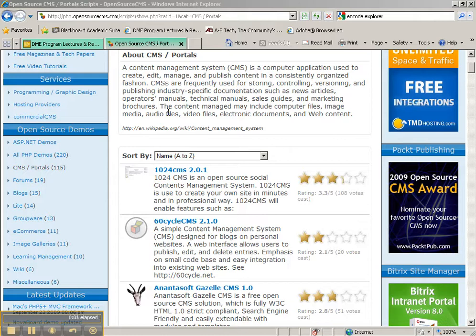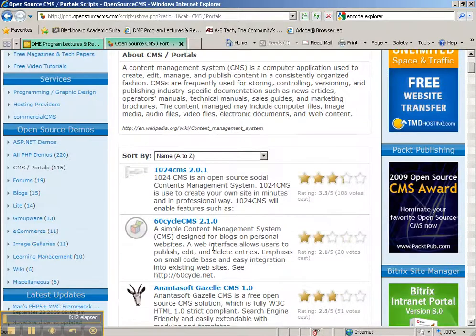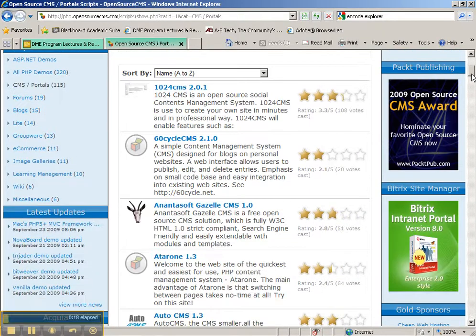Now it's time for us to start looking at content management systems. So going from the website Open Source CMS, this is a great place for you to try different content management systems before you install them yourselves. And if you go to CMS Portals under the PHP demos, you'll find that there's an entire list, a huge list of